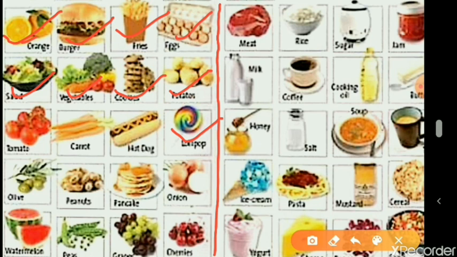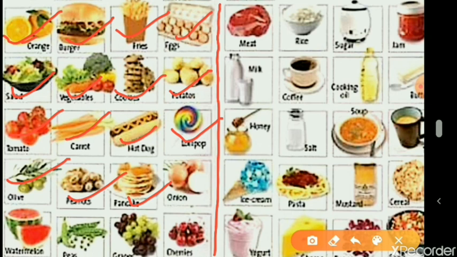Then hot dog. Again, hot dog is countable, students. Carrots. Carrot is also countable. Tomatoes. Yes, we can count tomatoes. Olives, again countable. Peanuts, again countable. Pancakes. Yes, pancakes are countable because when your mother packs your tiffin, you tell her, please don't give me more than 2 pancakes. I can just eat 2 pancakes and that's more than sufficient for me, isn't it? So pancake